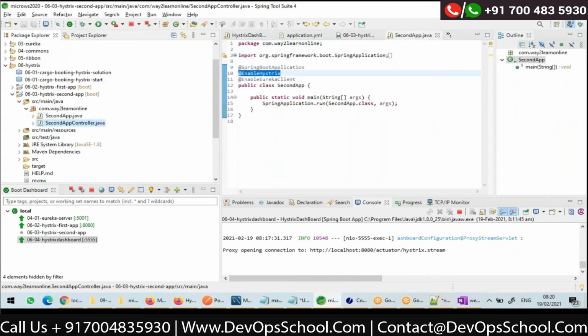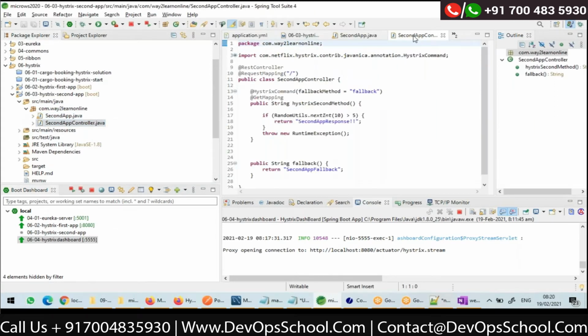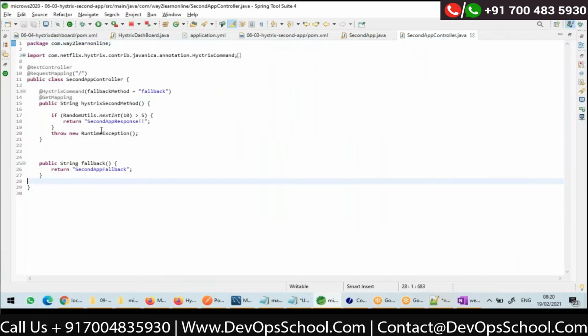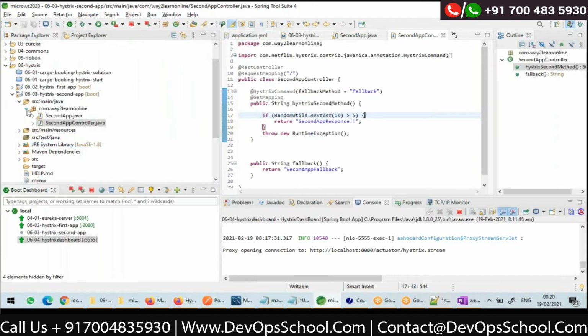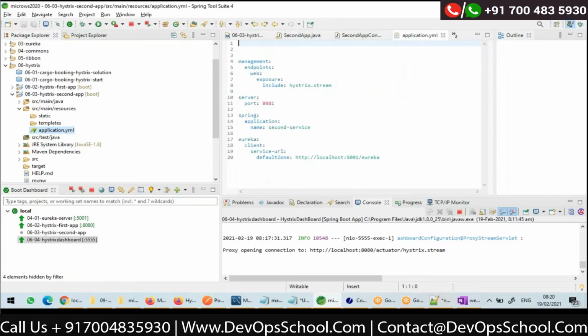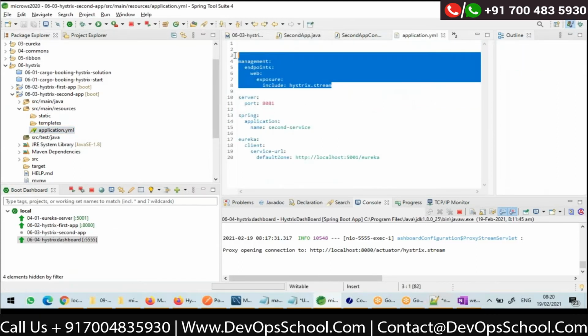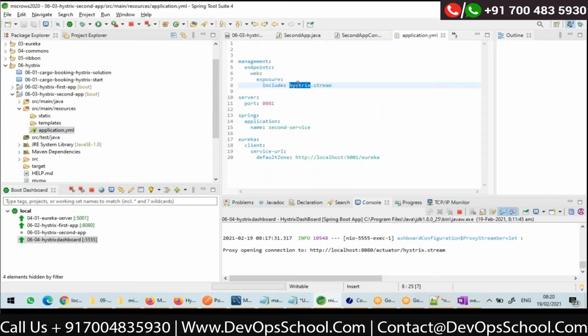And here in the controller, small difference. This method is returning second app response, and the fallback is returning second app fallback, just for simulation purpose. Okay. Now this is another microservice. Assume. Then in my YAML file, I have exposed hystrix.stream here as well, and the port is 8081.